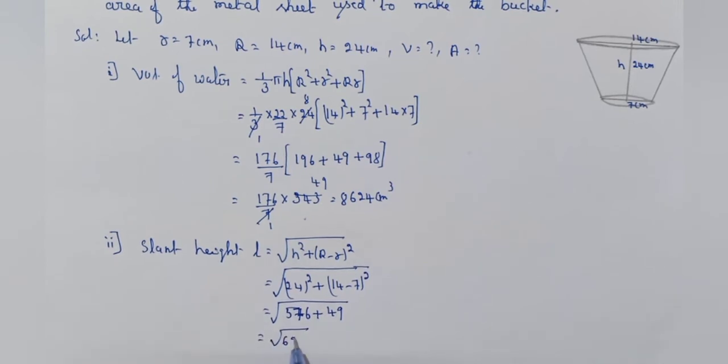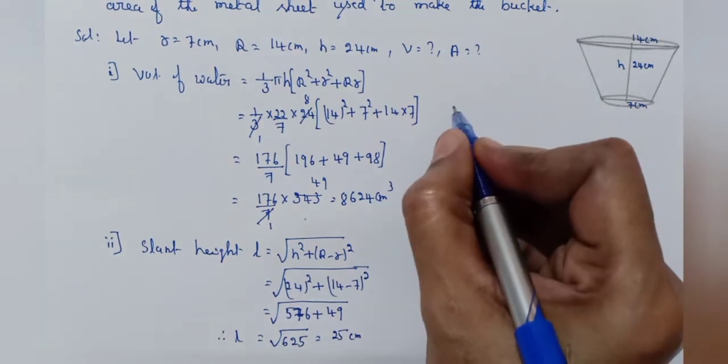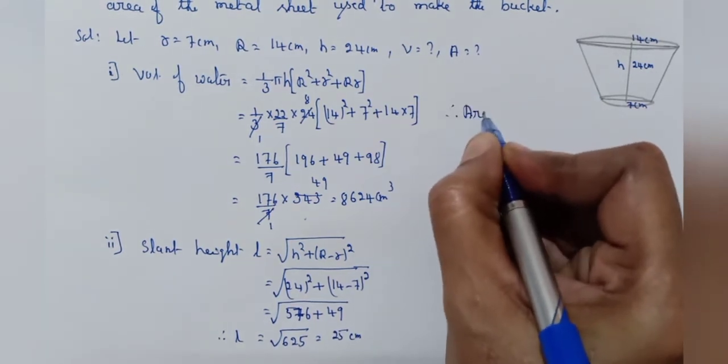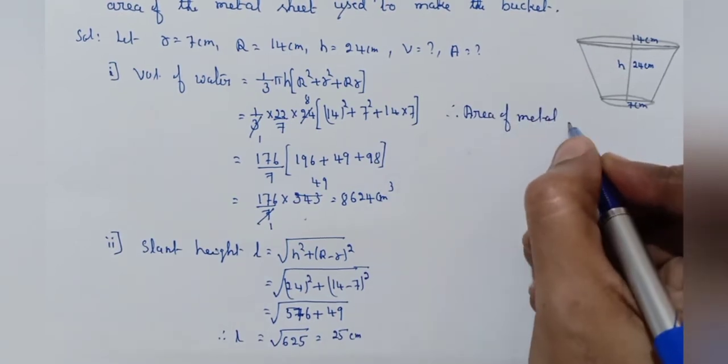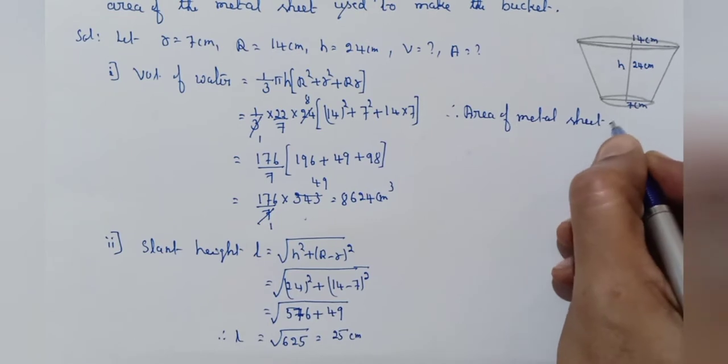625. The square root of 625 is 25 centimeter. So the slant height of the frustum is 25 centimeter. Now we have to find out the metal sheet required to make the bucket. Therefore, area of metal sheet required